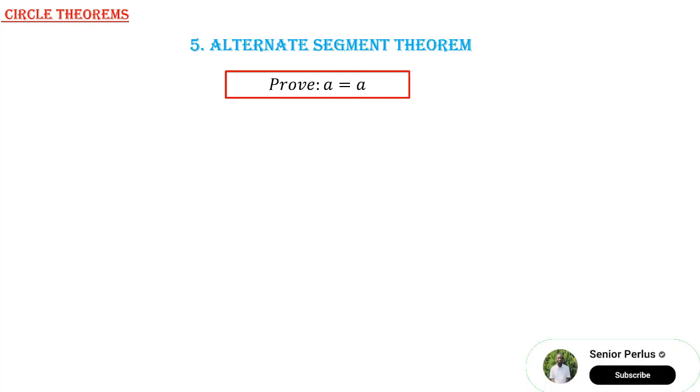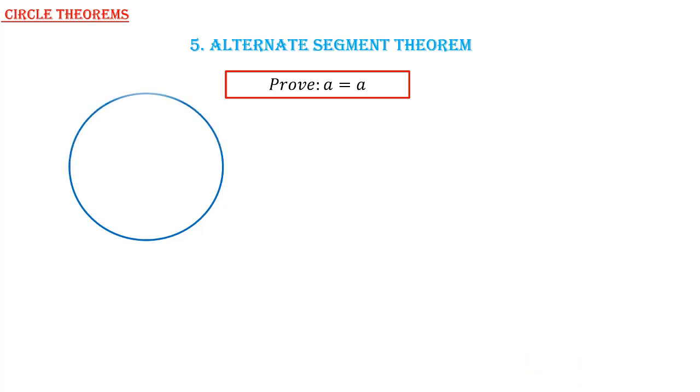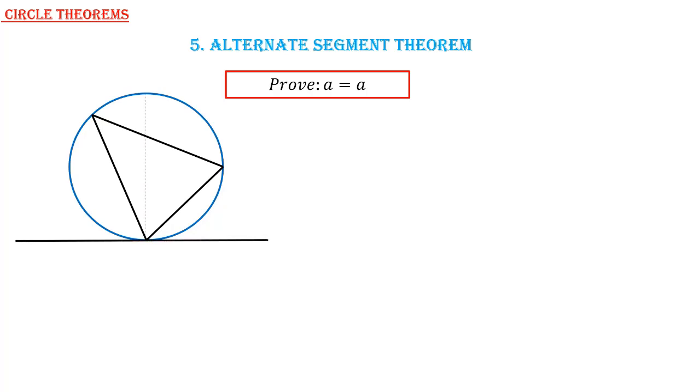So we have proved that angle A equals A. So this is our diagram. Then let's do another diagram. So that's our A,